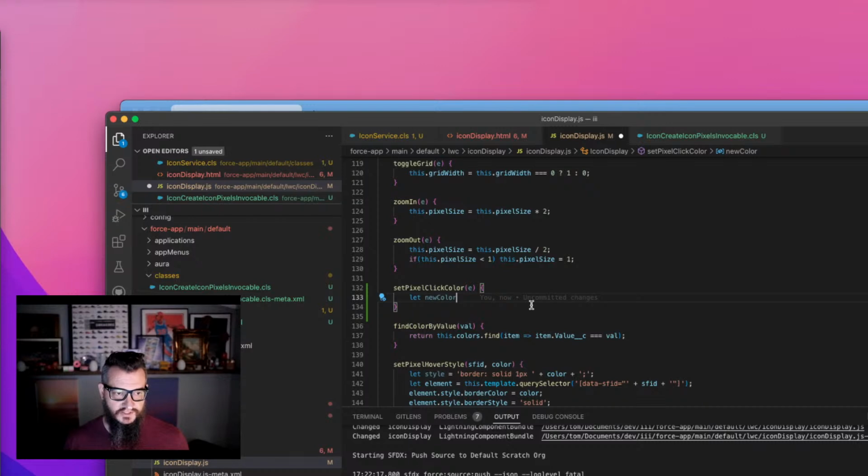Really, if it's less than six, we need to fill it in with zeros afterwards. But for now, the new